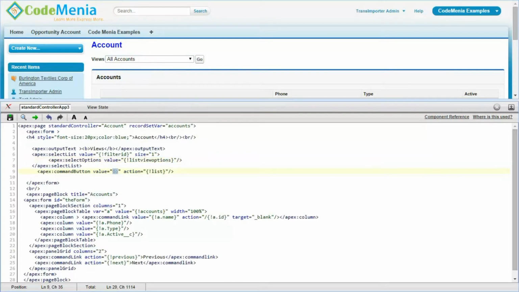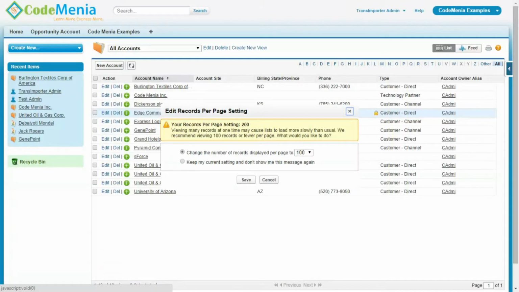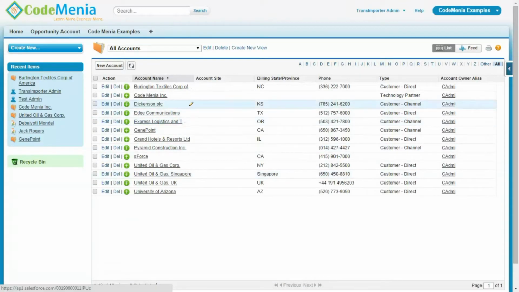Now if we select one view from this standard view, for example we select all accounts and click on go, it will execute this list method and will navigate to this page which will display the details of the list of accounts for the current view.